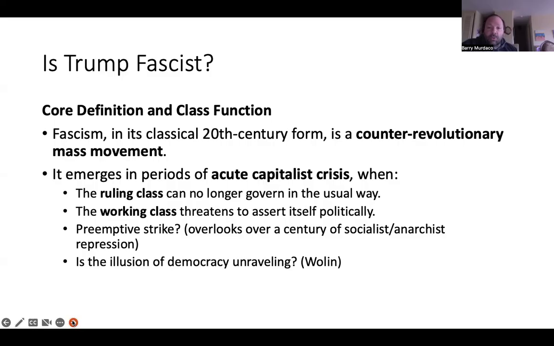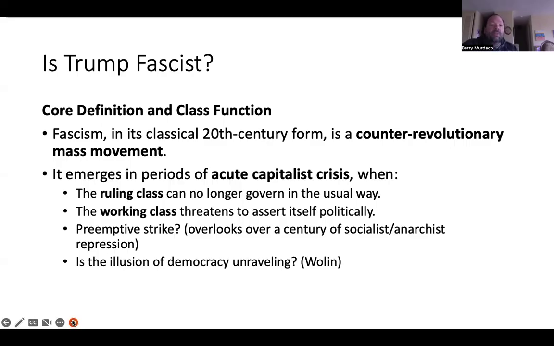One, saying there's no radical or revolutionary workers movement now takes a kind of short view of history and overlooks the fact that there were movements like that in the past that have basically already been crushed. Another objection you could make is that, well, maybe there is no revolutionary workers movement now, but is the attempt to move towards fascism or some sort of more authoritarian political formation here in the United States kind of like a preemptive strike? Are they trying to reassert power now, anticipating perhaps a future revolutionary movement developing within the United States, of which there is at least some evidence, right, of increasing radicalization of the masses? Again, not to the point where it's really coalescing into a true revolutionary movement, but maybe they're not going to wait around for that to happen,